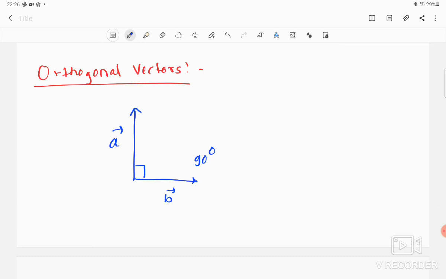In the above case we have found the angle between two vectors, and we have a formula for how to find the angle between two vectors: a bar dot b bar is equal to magnitude of a bar times magnitude of b bar times cos theta. Now you know the angle between these two vectors is 90 degrees, and as we know the value of cos 90 degrees is always 0, therefore the dot product of a bar and b bar is 0. It is always 0. It is one of the most important properties that you need to understand.